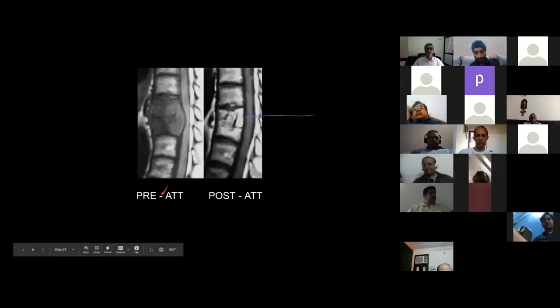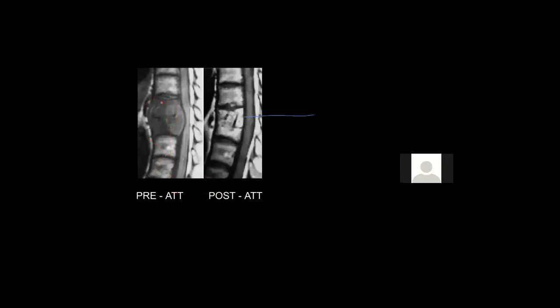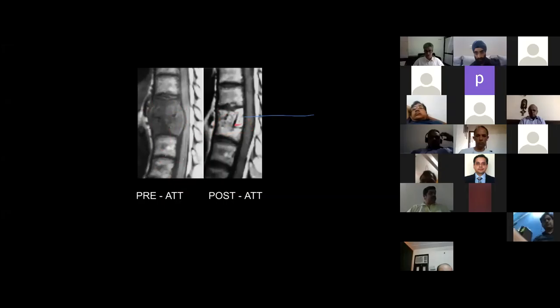Another case, pre-ATT, post-ATT. Adjacent vertebral bodies are involved, with loss of intervening disc space, a small prevertebral abscess, and an epidural abscess causing compression of the cord. After complete ATT, we can see some collapse of the vertebral bodies, but there is complete fatty marrow replacement and resolution of the abscesses in the prevertebral as well as epidural location. So there is fatty infiltration on T1WI. When I say T1WI, that is T1 weighted images. Healed. So it's also a case of healed Caries spine.